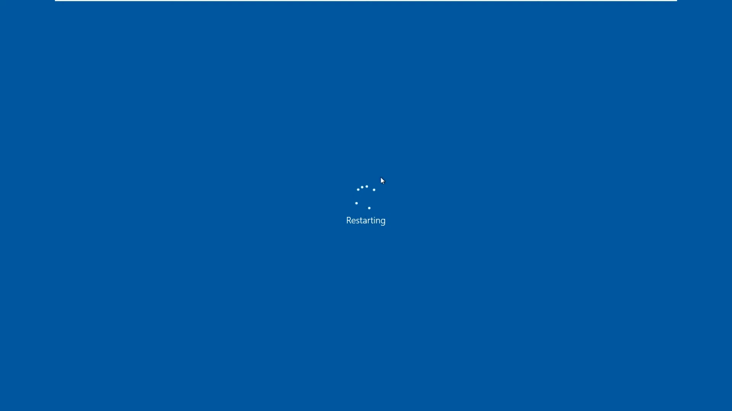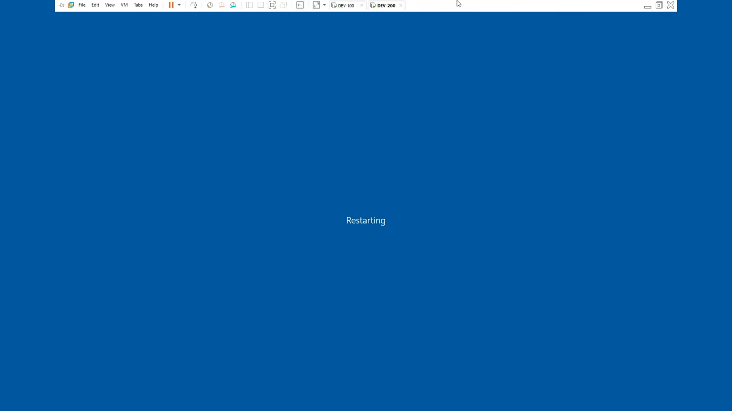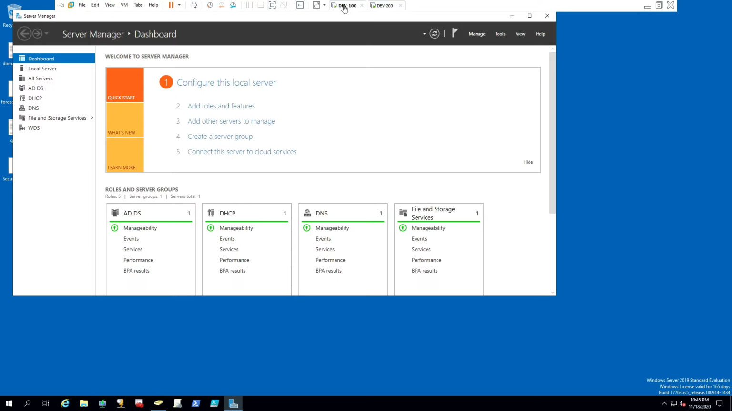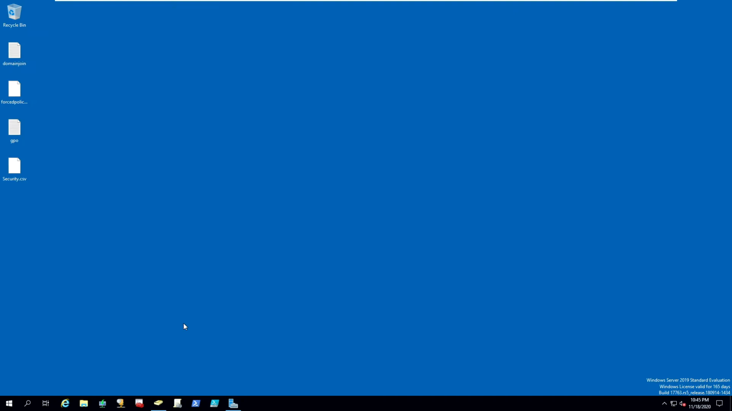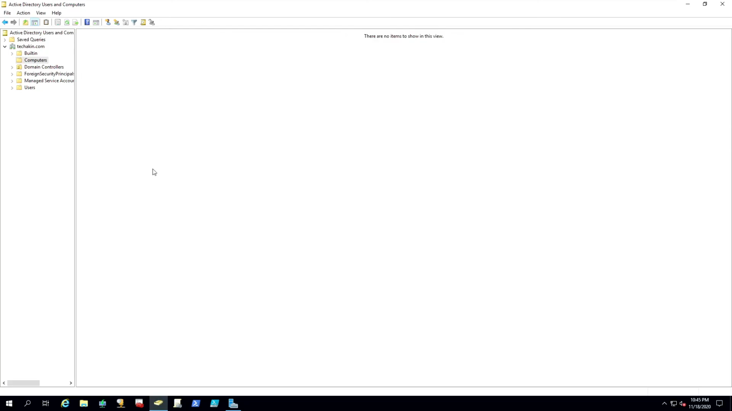But before that, while that is running, let's go over to our domain controller. Inside our domain controller, let's bring up the Active Directory Users and Computers. Now let's go to our domain name, click on Computers, and refresh, and there you go. This is the new computer that we just added to the domain. It's DEV-200. If you right click on that and go to Properties,